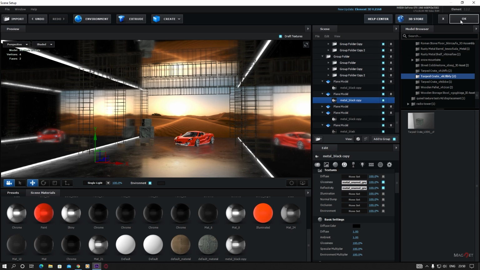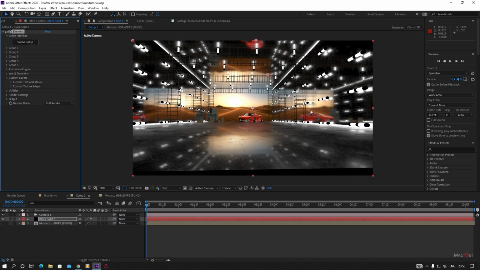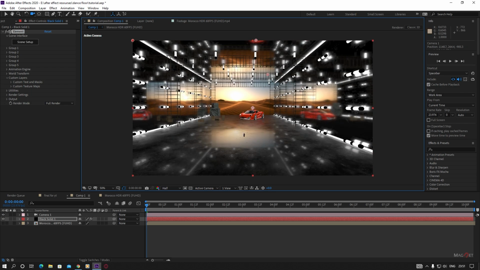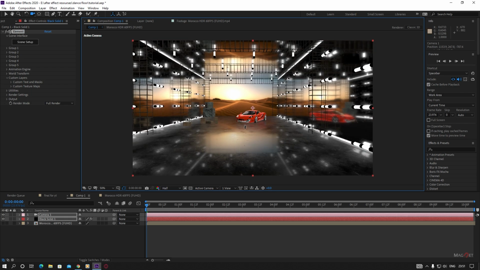So now we hit the OK button here. Okay, so now you can see that it looks something like this, and it looks very interesting here. So we change the resolution to half and select our camera tool here, and then we just make our camera in a right position here